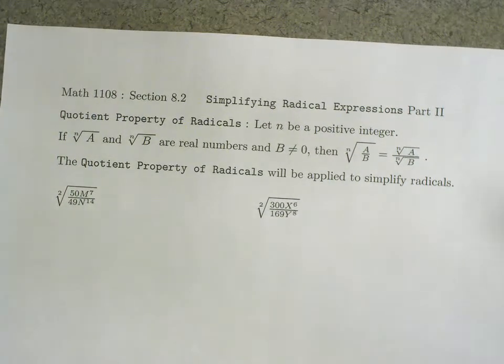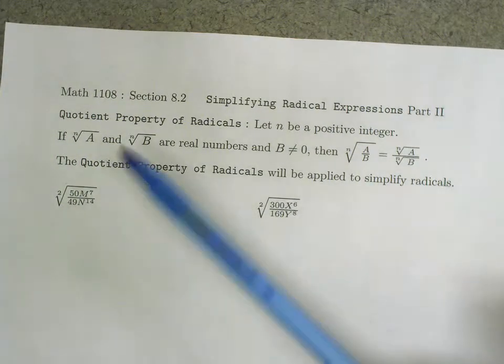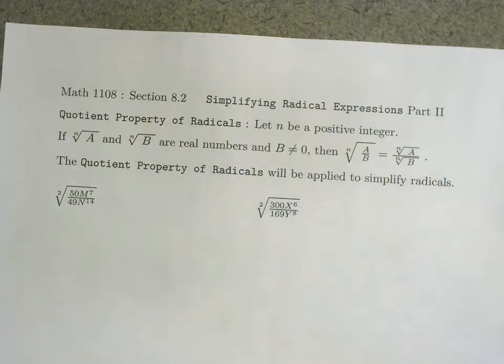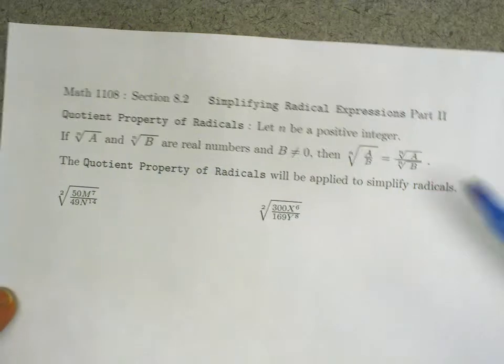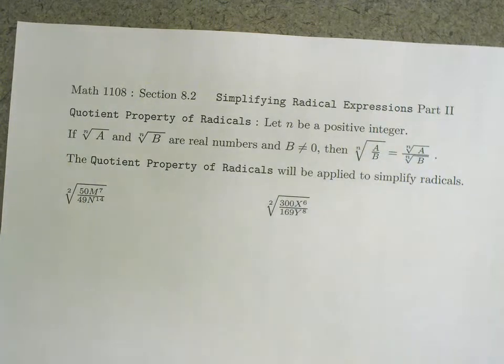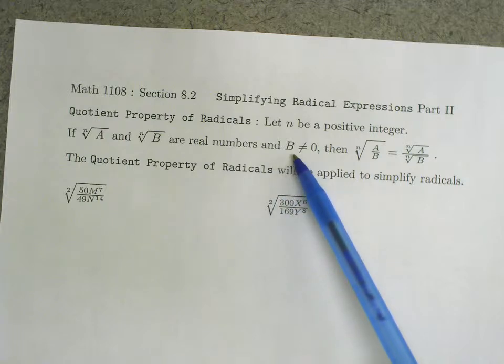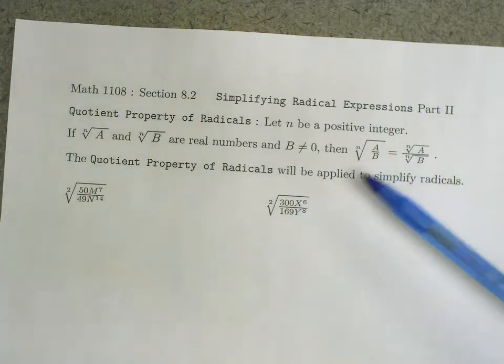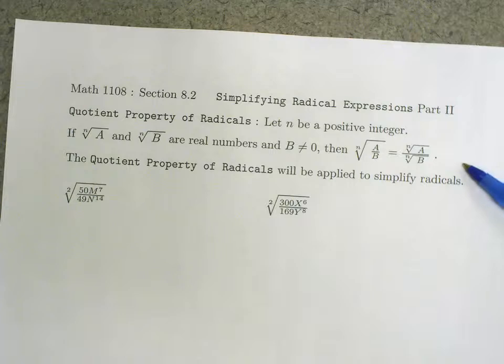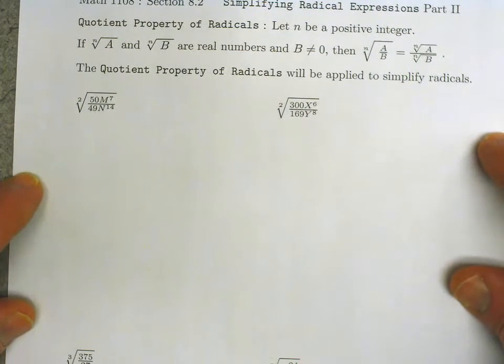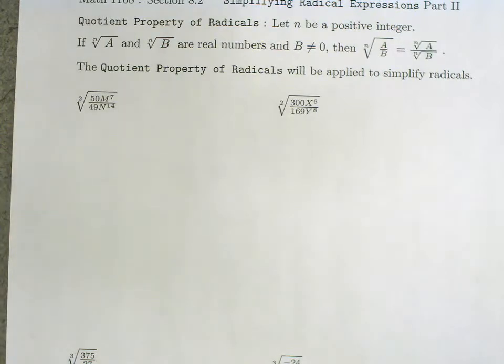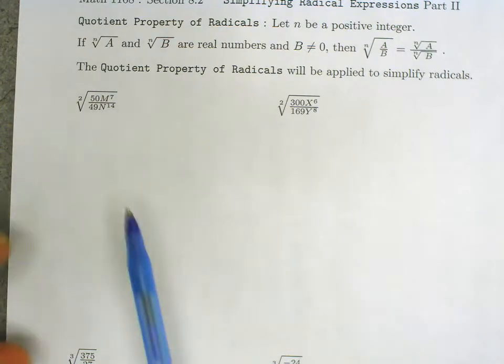Okay, also in this section 8.2 is the quotient property of radicals. So if we let n be a positive integer, if the nth root of a and the nth root of b are real numbers and b is not equal to 0, then the nth root of a divided by b can be written as the nth root of a divided by the nth root of b. Okay, so we'll do some examples where we simplify quotients of radicals. So in this first one,